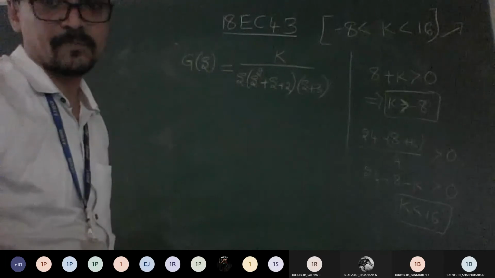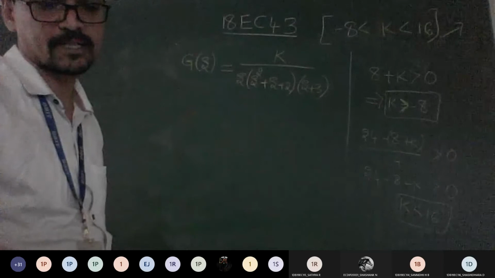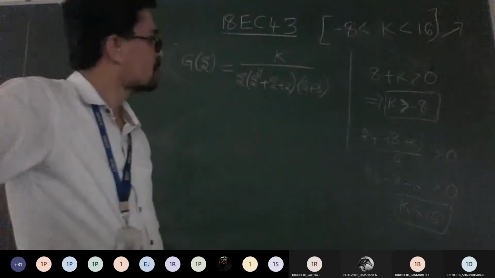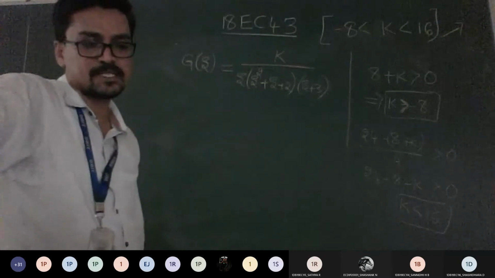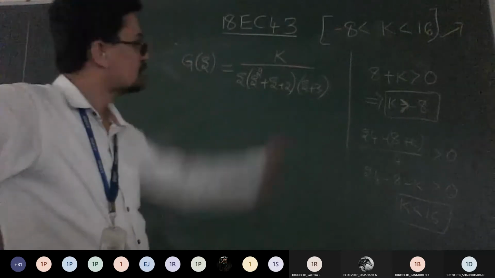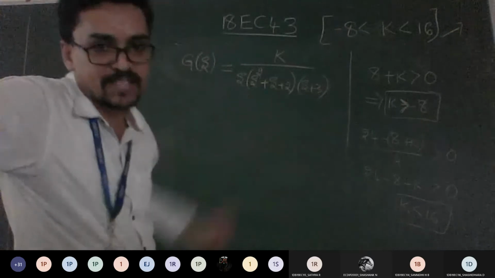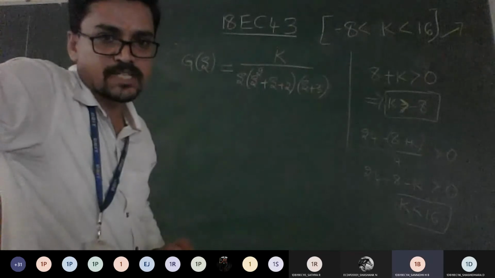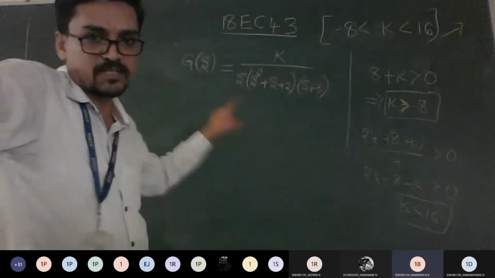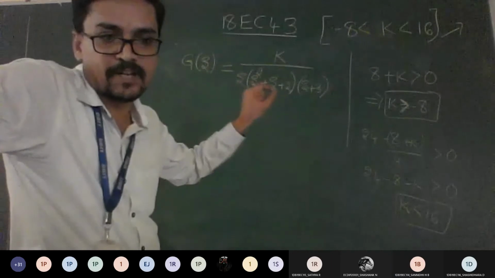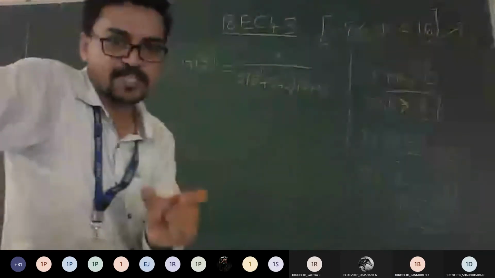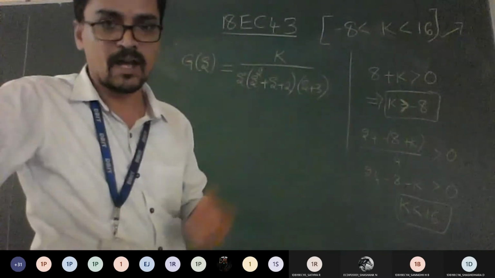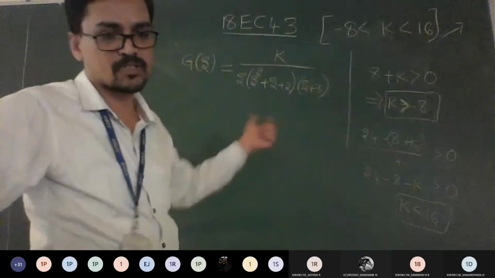What is the range of k for which the system is said to be stable? They have given G(s), and what is the H(s) value? What is the H(s) you are going to consider? It's 1, because of the statement they told clearly: unity feedback, correct? If they give any values for H(s), that should be multiplied with G(s). Don't blindly take H(s) equals 1 every time. According to the question, you should apply it. So now solve this.